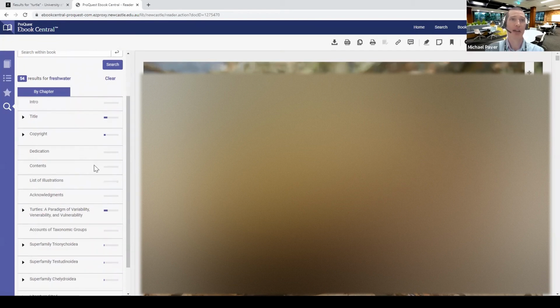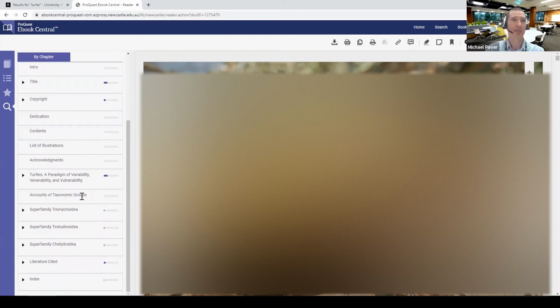You can see I've got a hit here in the title, obviously, because that word's in the title. But when we get down to the chapters, it shows me there are a lot of hits for freshwater in this chapter, a few in these, and a few more in the literature cited. So there might be some references that I could use in there as well. But the majority of the references to freshwater are occurring in this chapter. And if you open that chapter up,